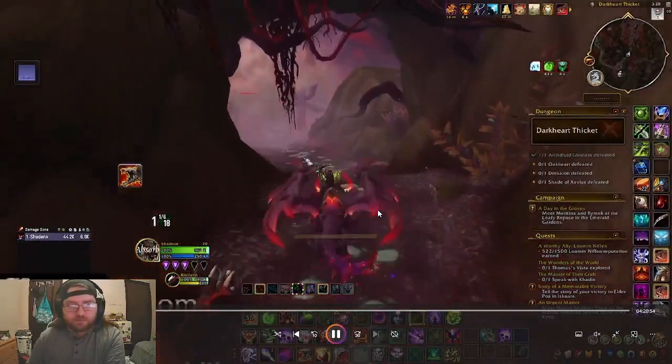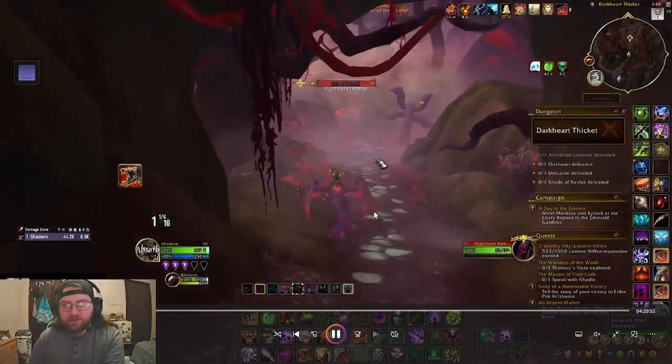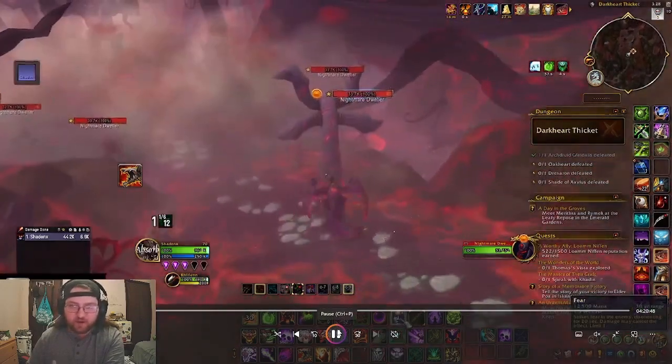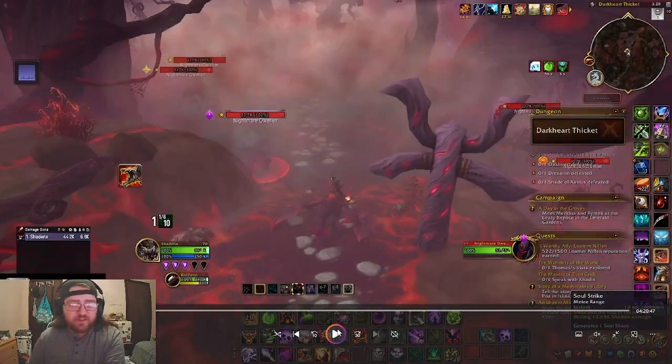So coming to here, these mobs here, and I did ensure that I was correct in this regard. These are immune to both fear and horrify effects. So that means they cannot be feared and they cannot be mortal coiled. So the only thing that Warlocks have